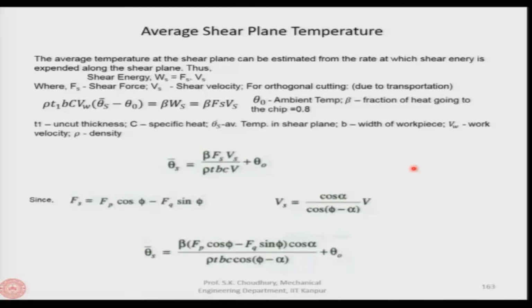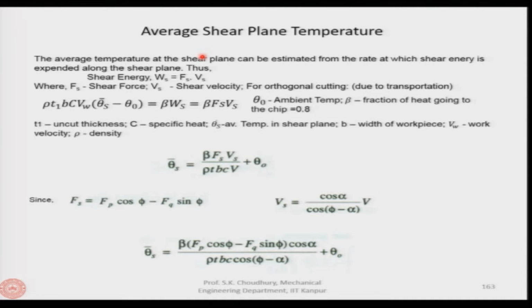Let me remind you that last time in our previous session we were discussing the thermal aspects of machining, and we said that because of the plastic deformation the majority of the heat is produced. The next source of heat generation is the friction between the chip and the tool along the rake face of the tool, and finally, a bit of heat is generated because of the friction between the flank face and the already machined